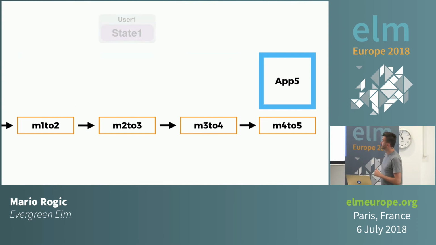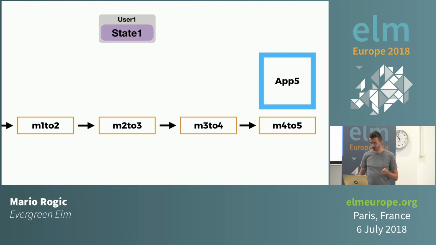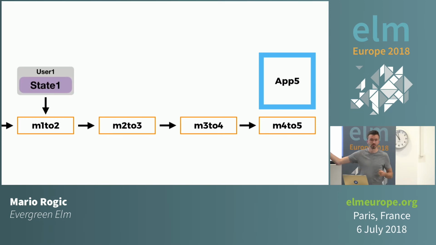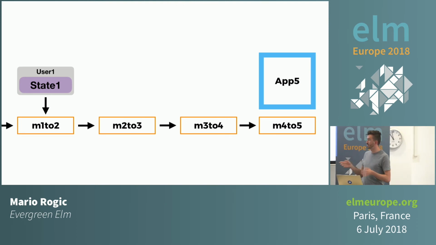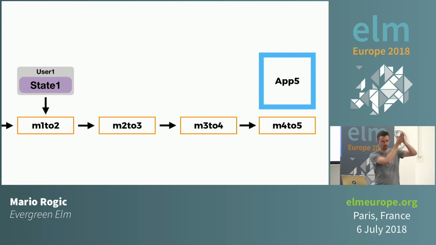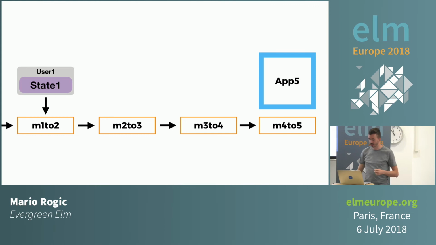So what then do we do when we have a user appear with state 1? Well, we can identify what state they've come in with, and then we simply put them into the migration chain at the point that they've come in at. So maybe they've turned the app off, they've been away for a couple of weeks, we've deployed lots of awesome new versions, they come back, and you can think of it like a slippery dip. They go in there and they slide all the way down and then they pop out.